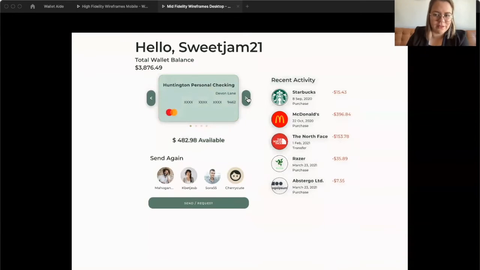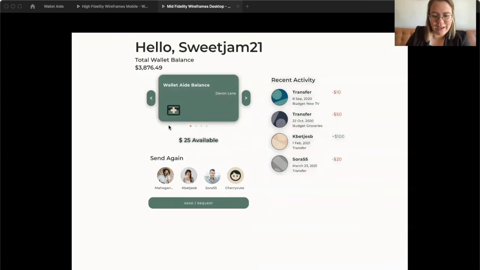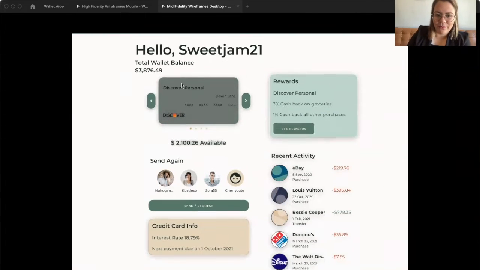I also have accounts in here that aren't credit cards, such as my checking account, because I also want to keep an eye on my transactions for that. And I can also save a balance within Aide itself when I send or receive money from another user. So now I'm going to walk you through the